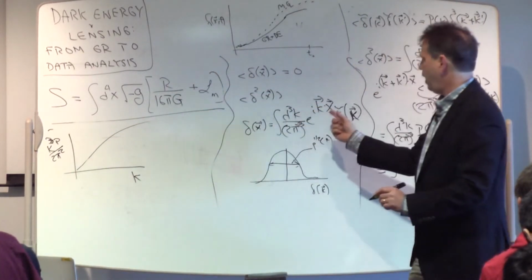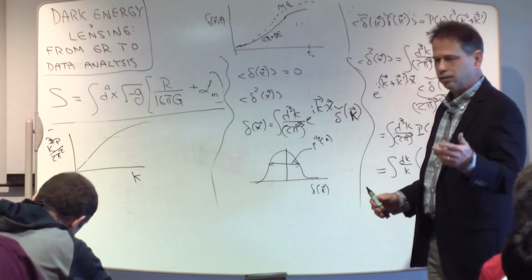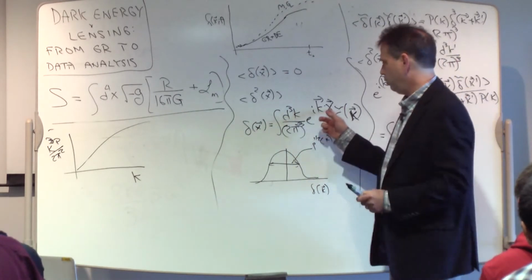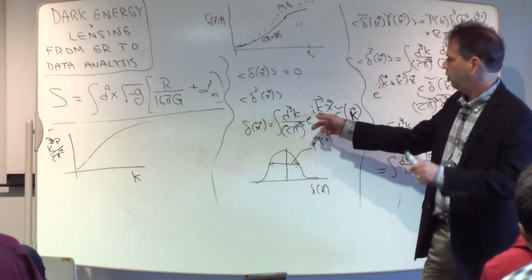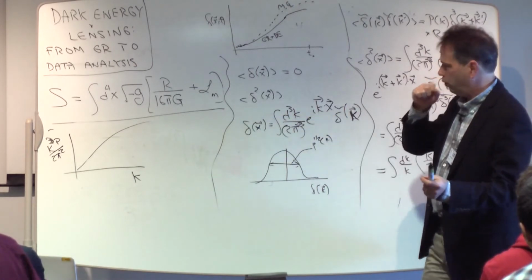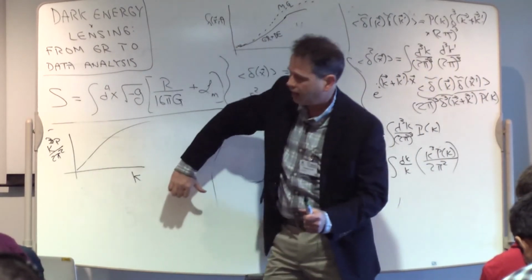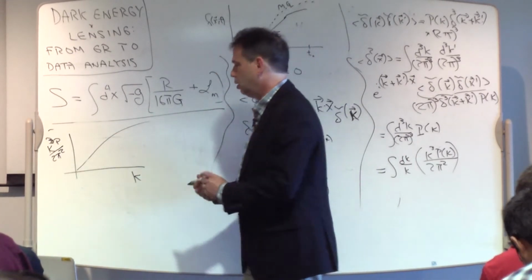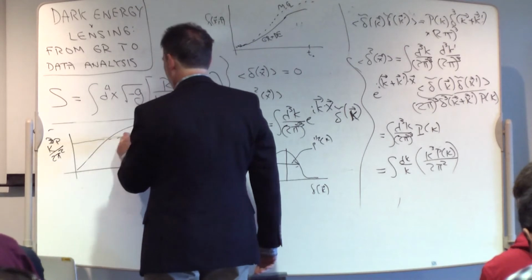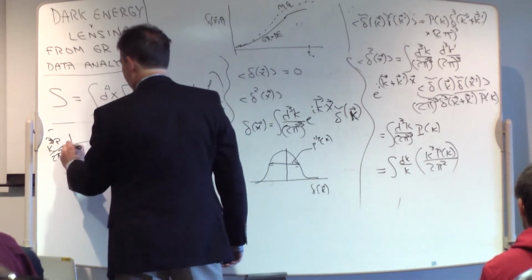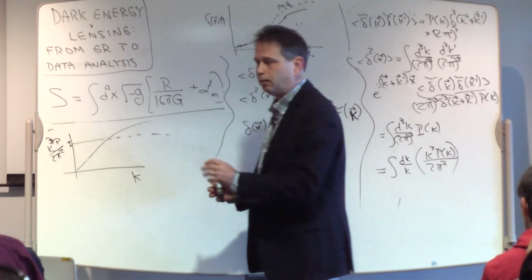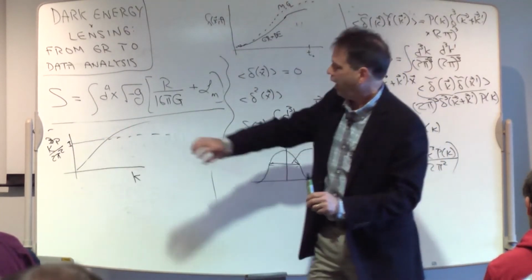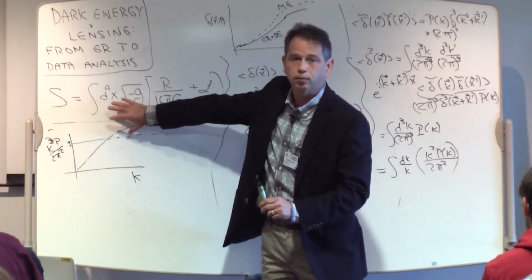Remember, large k is what's it called to x? The complementary variable. Conjugate variable to x, which means it has the dimensions of 1 over length, 1 over wavelength. So as you get to large k, that corresponds to small wavelengths, small scales. And that means as you go into small scales, this dimensionless quantity is getting larger, and the value of it is important. It's a dimensionless number. On large scales, it's less than 1, which means the fluctuations are small on large scales. And as you go to small scales, the fluctuations become larger than 1.